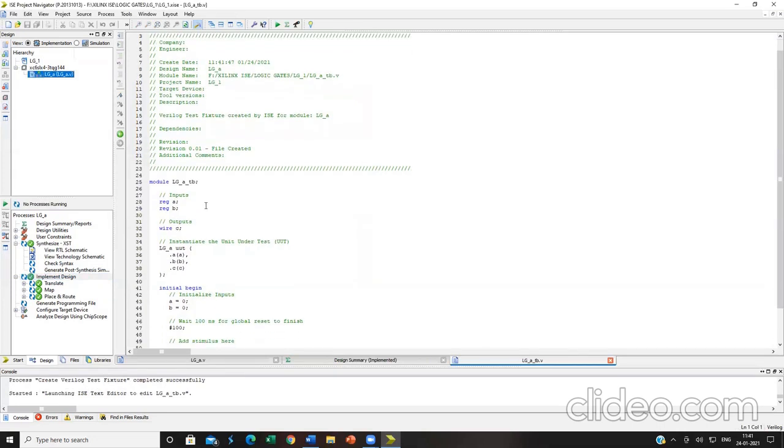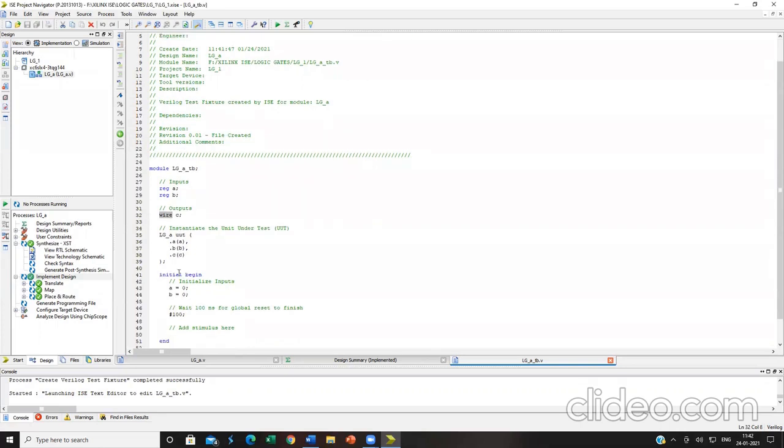So everything will be coming. All the inputs will be coming with the register data type, similar to your ModelSim, and all the outputs will be having the wire. These things you will be explicitly writing in your ModelSim software, whereas this will be automatically populated over here. Now what you do, remove all these things over here.